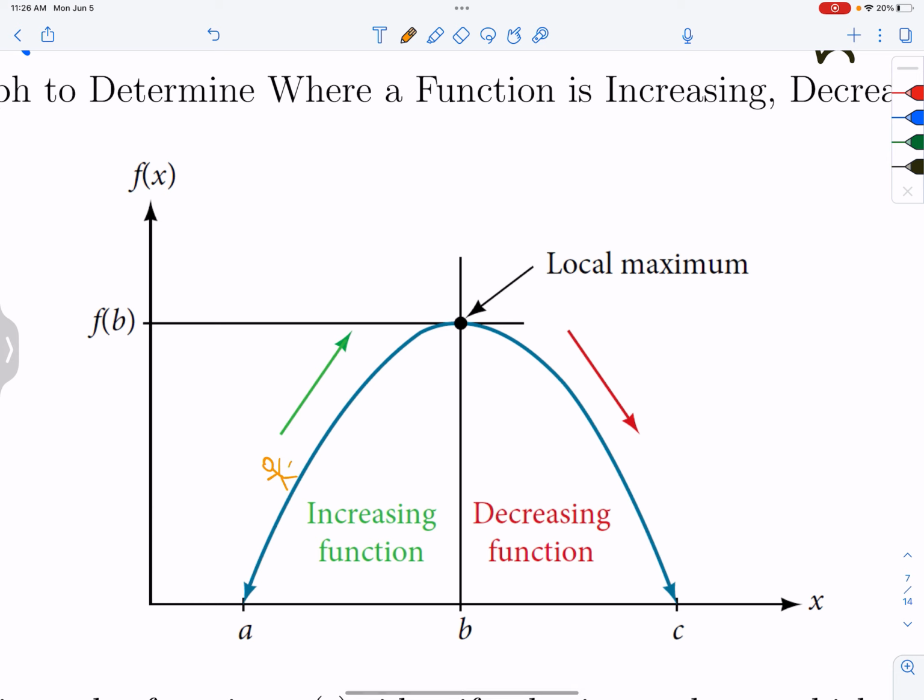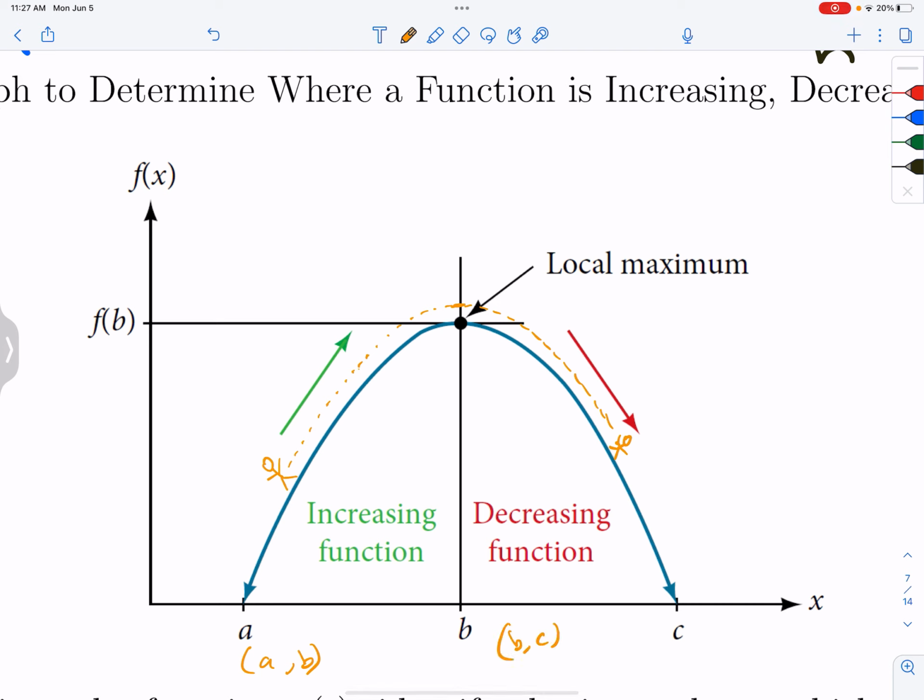and you're going on a hike and you're going this way, you're increasing, you're climbing up until you get to the peak. And then at that point, you're no longer increasing nor decreasing. And then we start to walk down, and then we're going down the hill, and we're decreasing there. So what we'd say is this function is increasing from A to B, and then this function is decreasing from